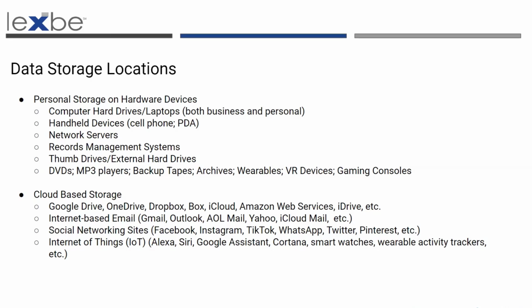But then there may be some more obscure sources of data you may not really have thought about that could be subject to discovery. Data stored on wearable devices such as an Apple Watch or Fitbit and the like can be subject to discovery. So picture a personal injury claim where the plaintiff claims to be unable to exercise, walk, or perform certain tasks due to an injury. Yet the plaintiff's Fitbit has recorded them taking 1,000 steps in a day or walking half a mile. Certain wearable devices now monitor and maintain records of heart rate, blood pressure, and even how often a person sits, stands, or moves about. If you're defending against this personal injury claim, you're going to want the data from that wearable device.